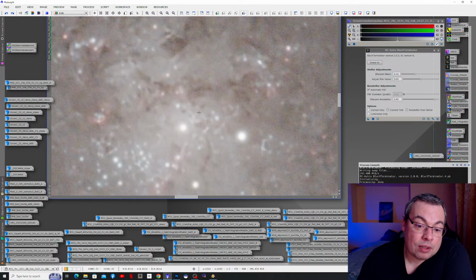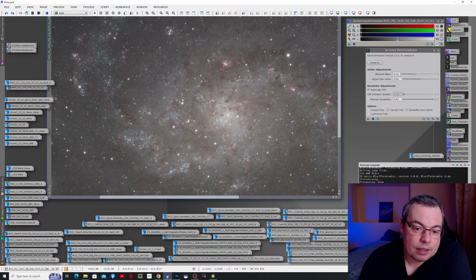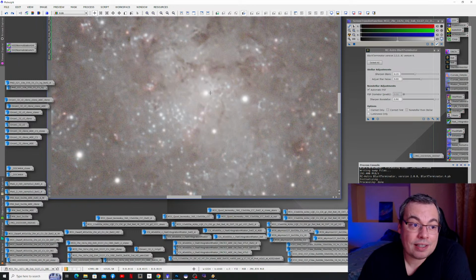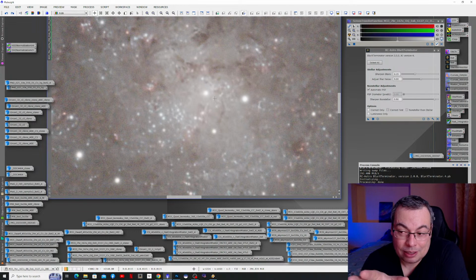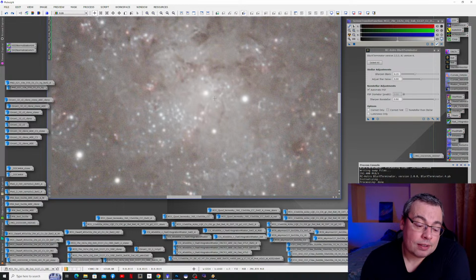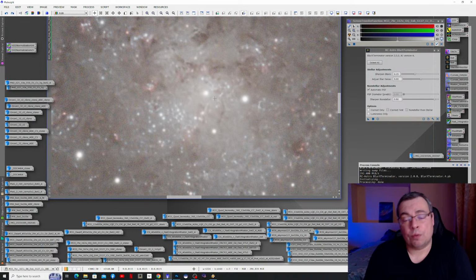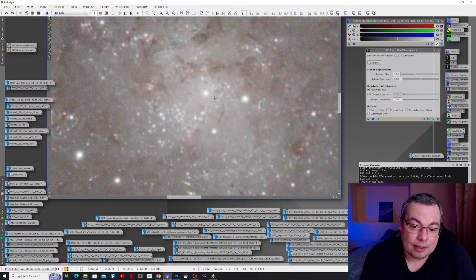So normally without BlurXTerminator you can try other software, also PixInsight, but yeah, if you have PixInsight, I urge you to go get BlurXTerminator. PixInsight is still, in my opinion, worth it, because now we do have a lot of free software that is getting close to PixInsight in the performance and the